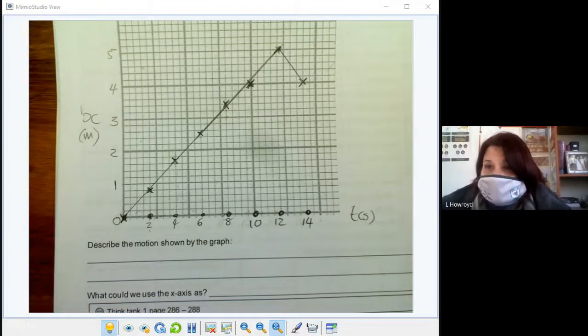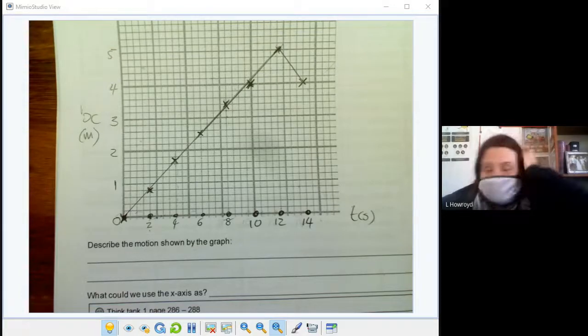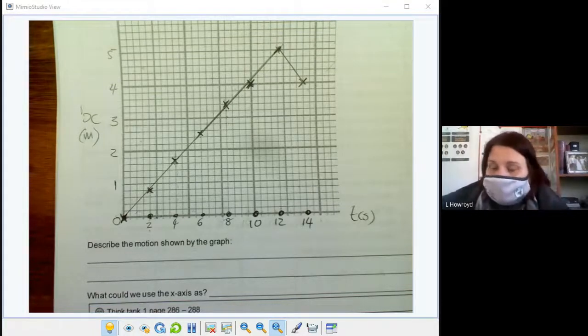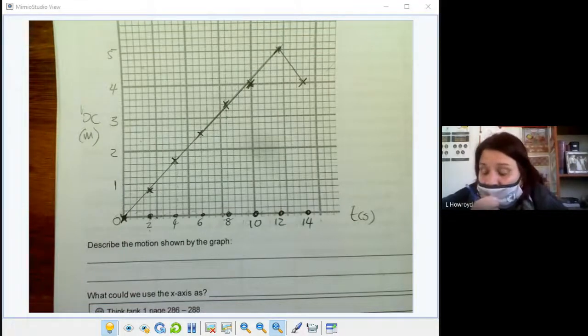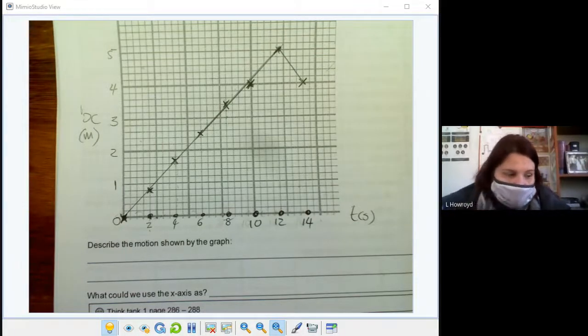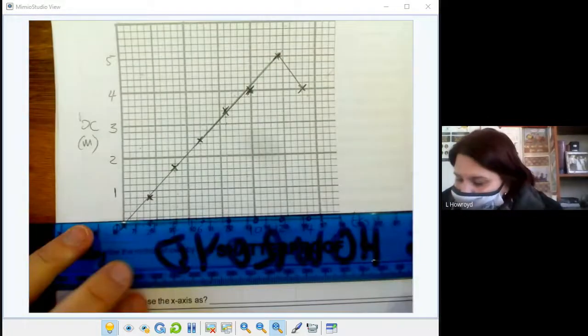I'm going to say it again. When you see a position time graph, your instinct must already be frame of reference. And the frame of reference is going to be